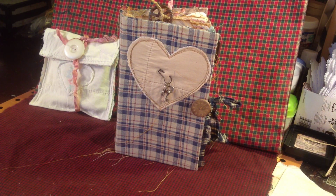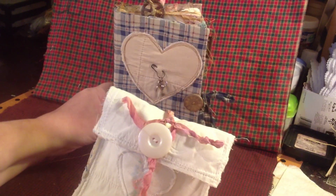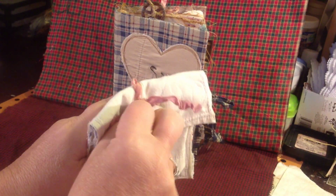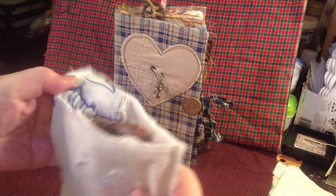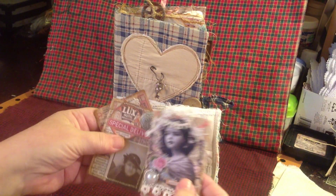I have a new journal that I wanted to show you, and also a new little pouch with some playing cards. I'll show you the pouch first because that's quick. It's a quilted pouch and just has some seam binding that fits around this big button, and then you open it up, and inside I've got the three little